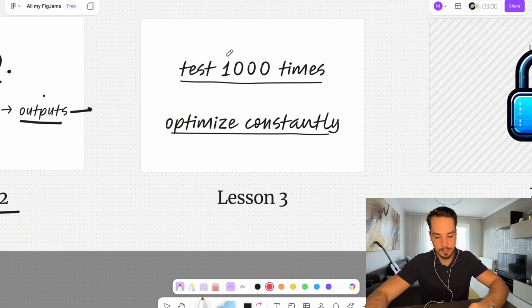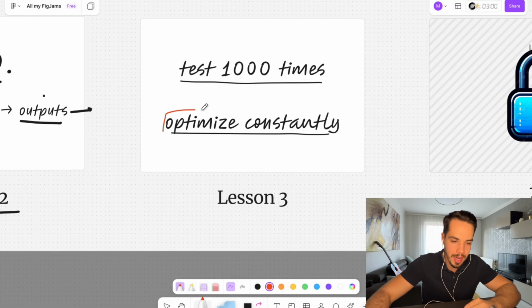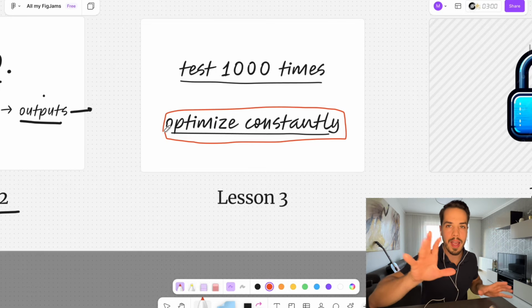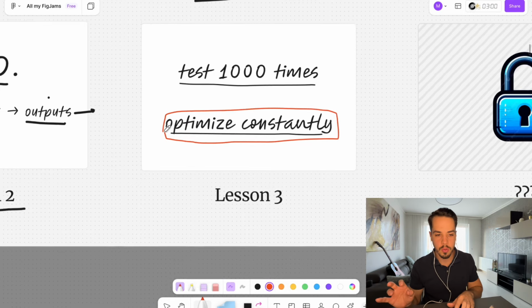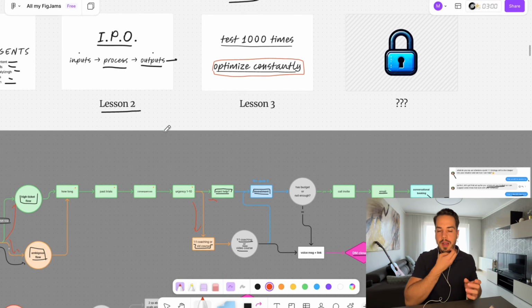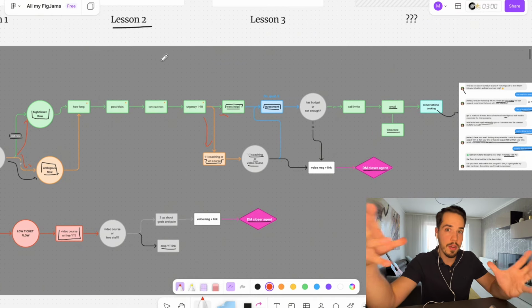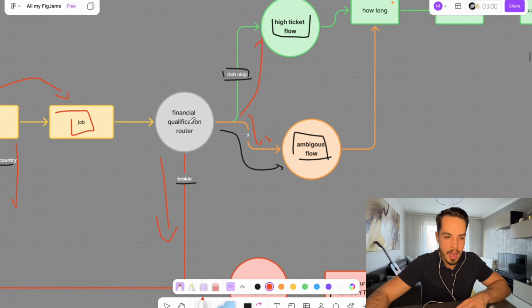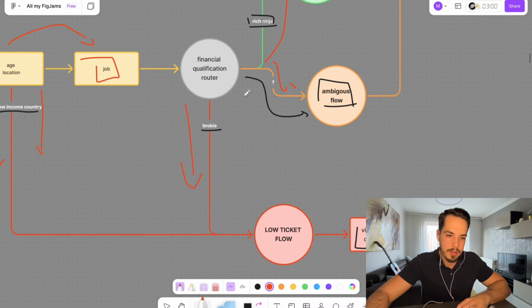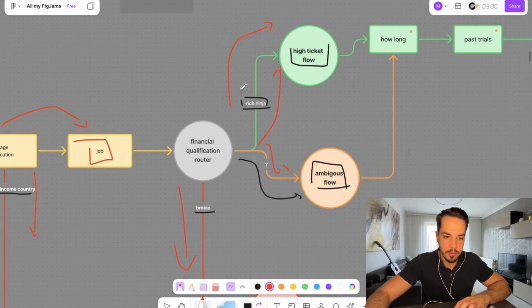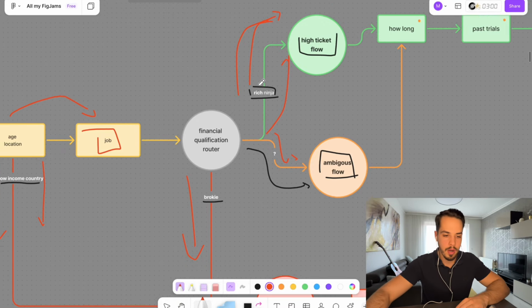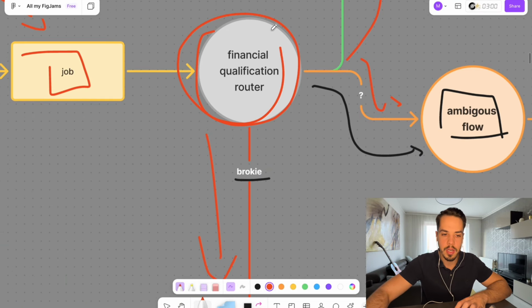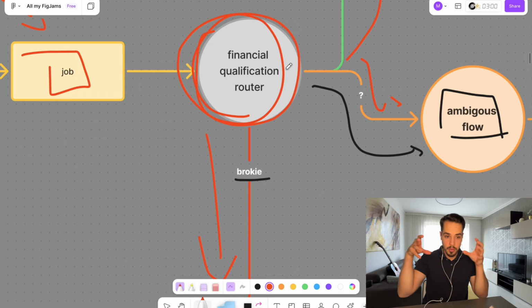And not only that, once you have already set your agent live and it's talking to actual real leads or doing whatever your own AI agent is gonna do, you constantly have to optimize, you constantly have to look at how everything is performing. Let's say here, the AI is sending too many people in the high ticket flow, too many unqualified people. All right, then I need to make this financial qualification router stronger and more strict.